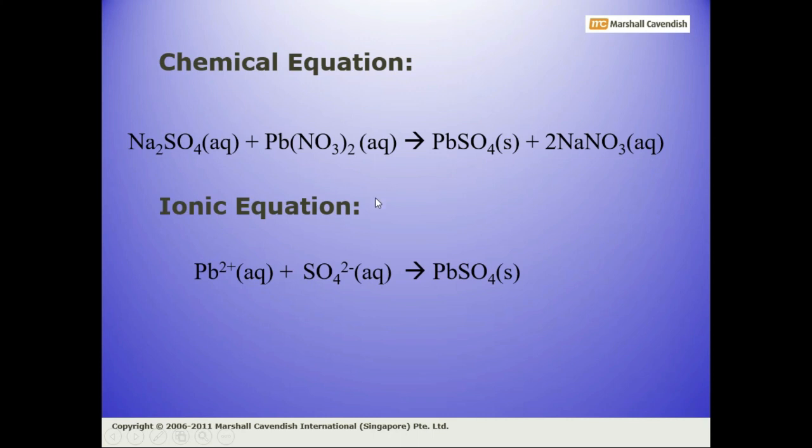And what will be the ionic equation? In ionic equation, we subtract the common ions of reactant and product. So what will be the ionic equation? Lead ion plus sulfate ion, it will form lead sulfate. You can also write the second step before writing ionic equation, that is having spectator ions, and then subtract that spectator ion. This was about the precipitation process.